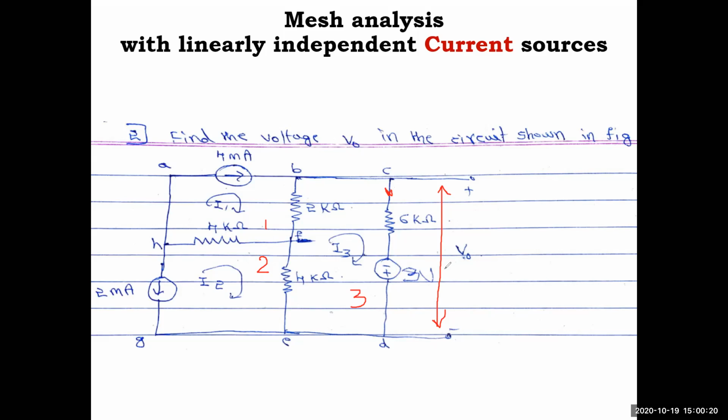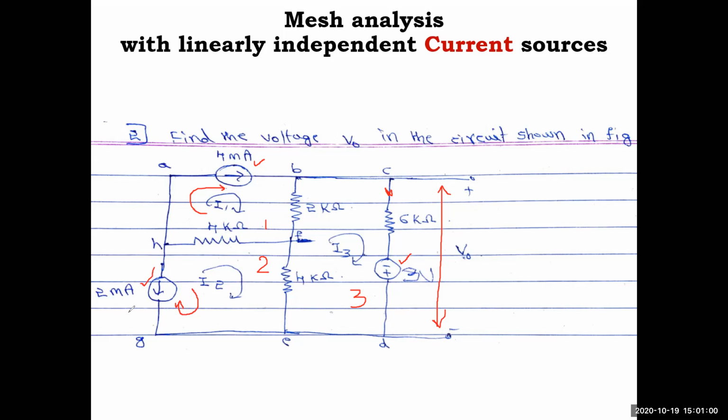Now see here, there is an independent voltage source, whereas here and here you have two independent current sources present in those meshes. So now instead of writing the self resistance and all, straight away we'll write these two as constraint equations. How are they related? This is the direction of I1 current here, and the 4 milliamps is also flowing in the same direction. So straight away we can say I1 equals 4 milliamps. When it comes to here, the I2 current is flowing in this direction and 2 milliamps is coming opposite. So we can say I2 is equal to minus 2 milliamps. So you already got two answers, I1 and I2.